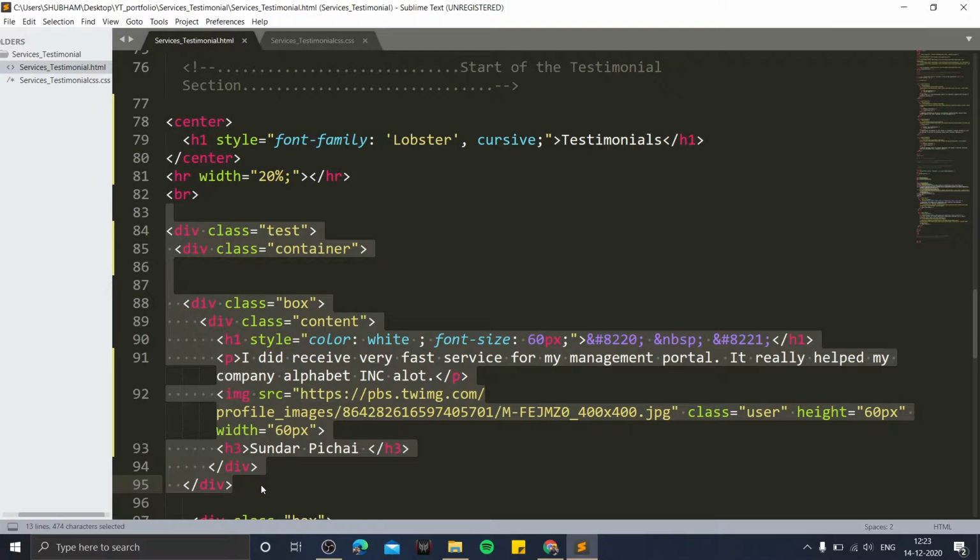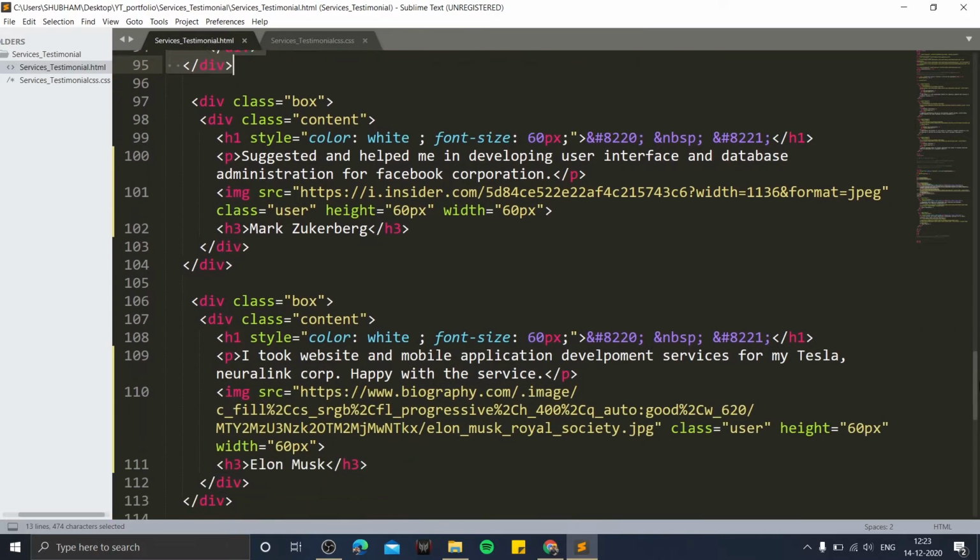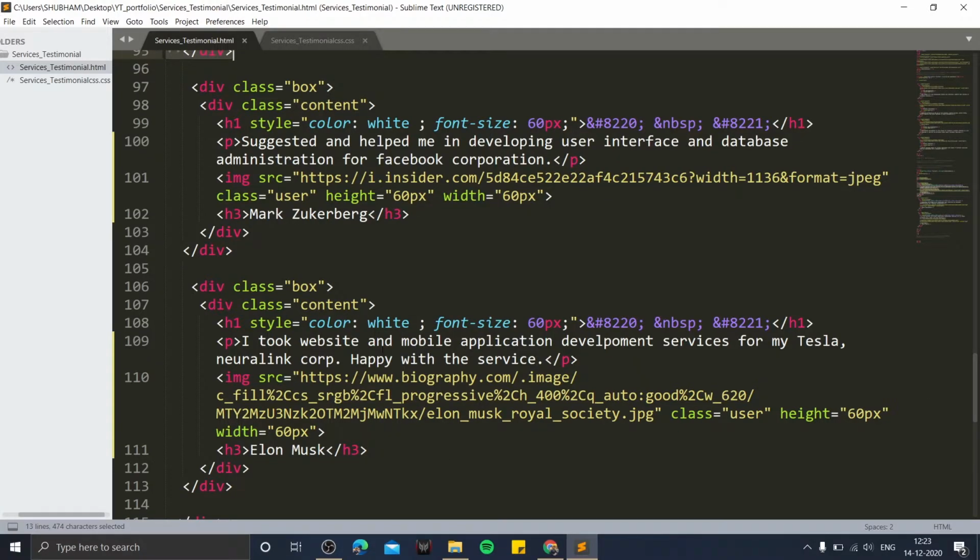And it is repeated 3 times as we want to display 3 testimonial cards. Let me quickly show you. This is the first, this is the second testimonial card, and let me scroll down again, so this is the third testimonial card. With this, we have completed the HTML part of the My Services and Testimonial webpage.